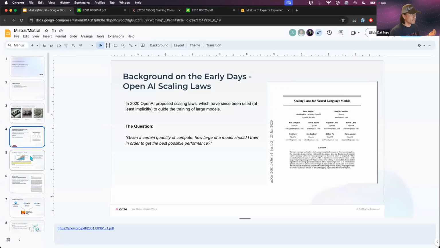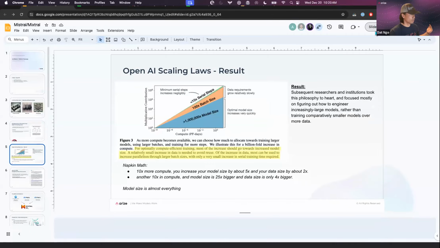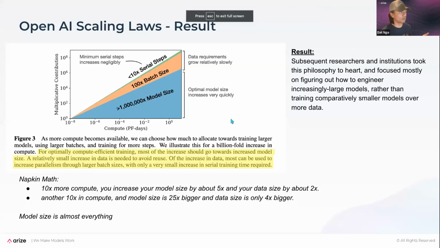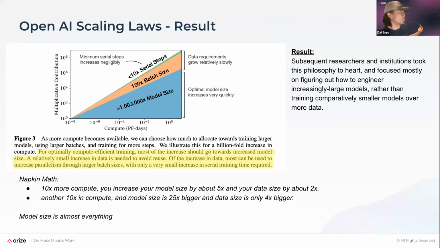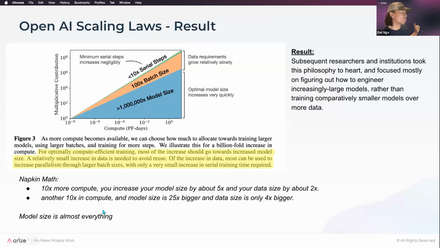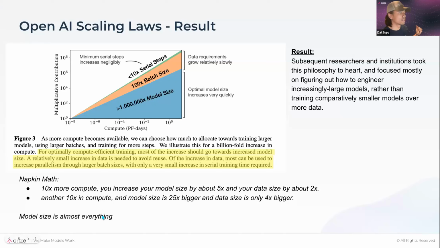And so the main takeaway I want you to take from this, we can look at basically this one image, which kind of summarizes their findings. As model size grows and data size grows, the relationship they came to understand was that model size has the most effect on performance. We can run through some napkin math, but for this figure,